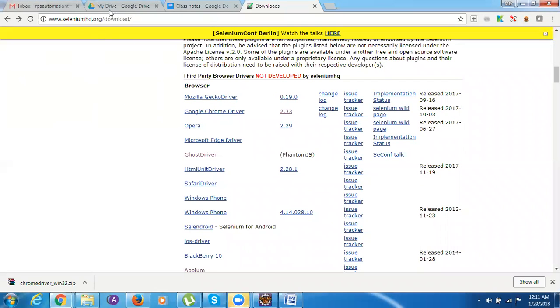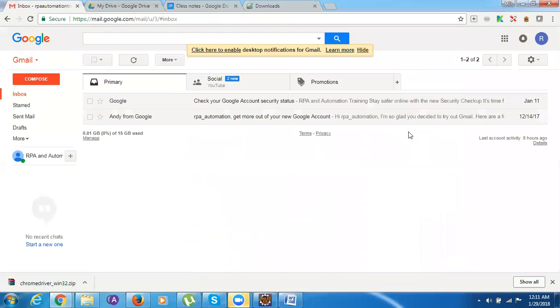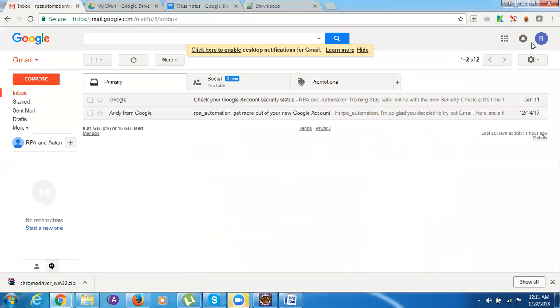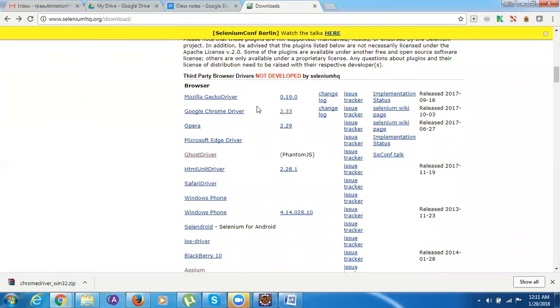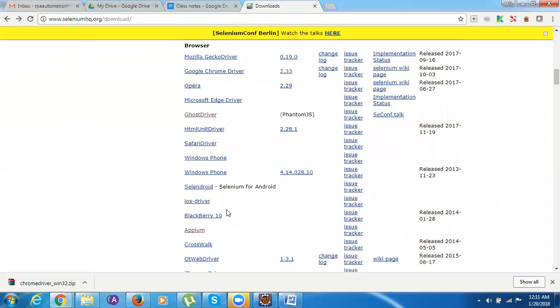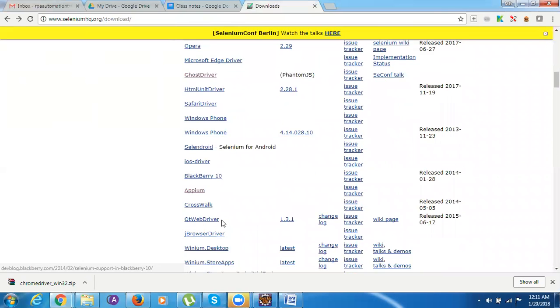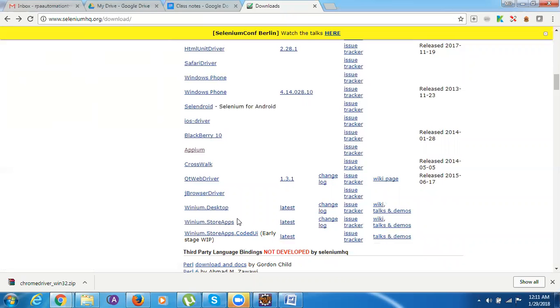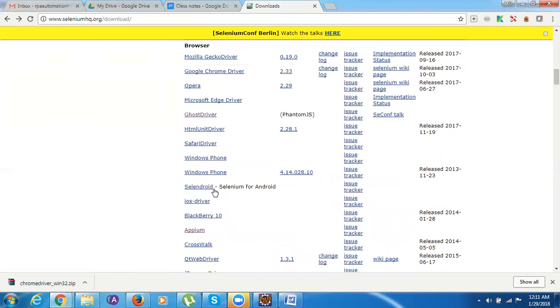Correct? Like I'm opening this in the Chrome browser, so I am able to view everything. But in HTMLUnit driver, everything will work fine, but you won't be able to see it. It is not visible. The same work will be performed behind the screen. And the Safari driver, Windows Phone driver, iOS driver is there. There are a lot of drivers available in the market,